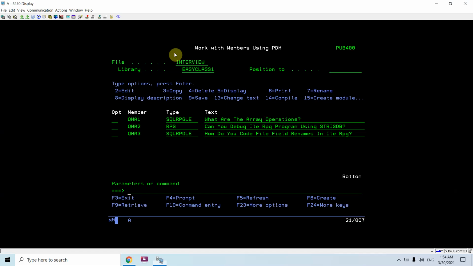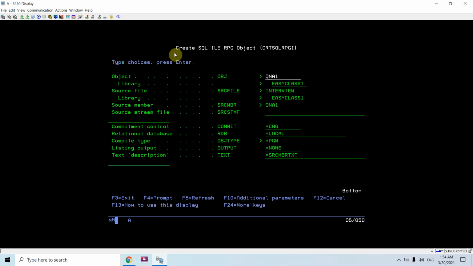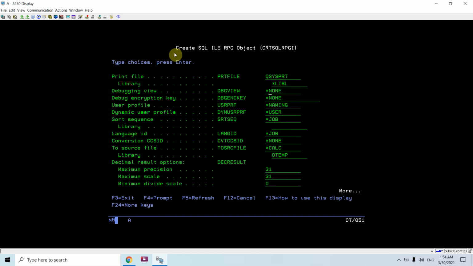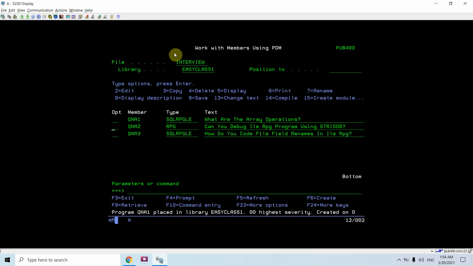Let me show you a demo here. I have one SQL RPGLE program, which is an RPGLE ILE program. Let me compile this. I am compiling this with *SOURCE.